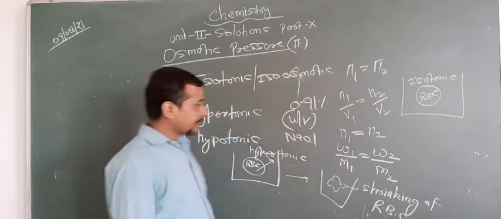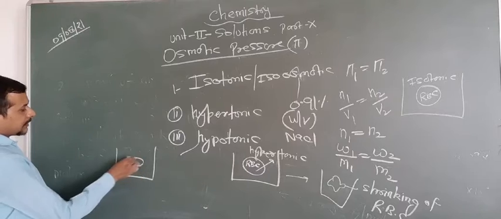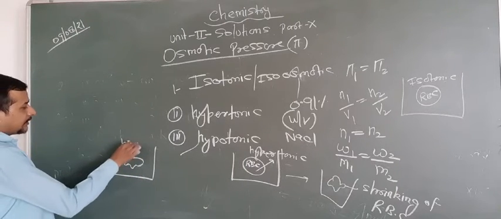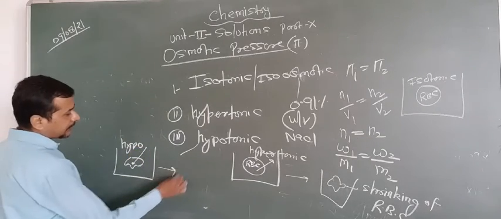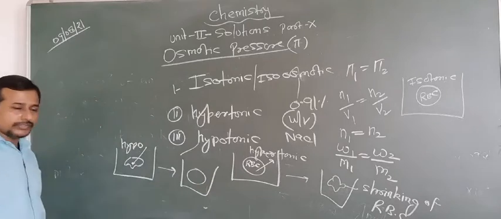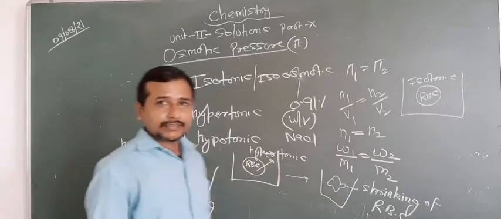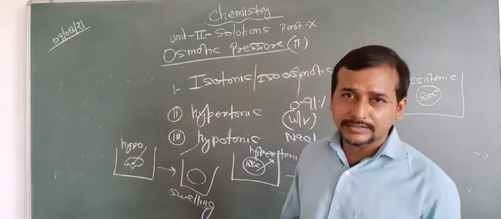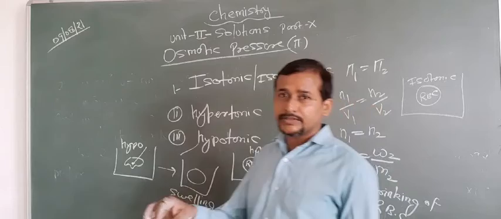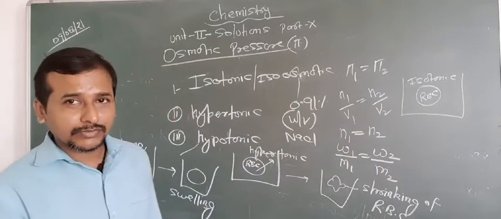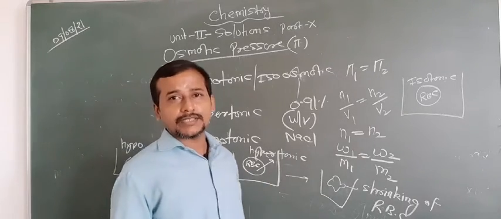Are you getting this point or not? Now look at the hypotonic. In that condition, we are taking the shrunken cell, and the solution is hypotonic. What happens? The entry of water into the cell takes place, and the resultant condition is like this. Now they swell. So swelling takes place. The common example is raisins. If you take raisins and put them in water, the raisins swell. And if you put grapes in sugar solution, the grapes shrink. So these are two examples of hypotonic and hypertonic. Are you getting this point or not? So by this we can know about the hypertonic and hypotonic.